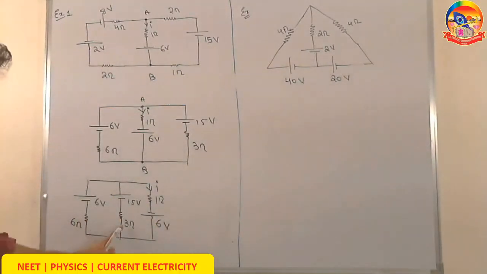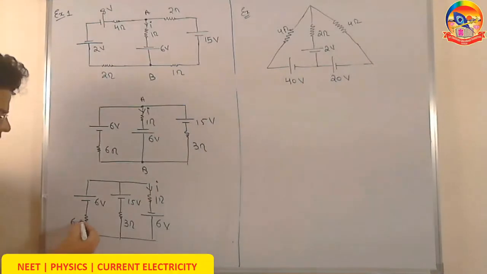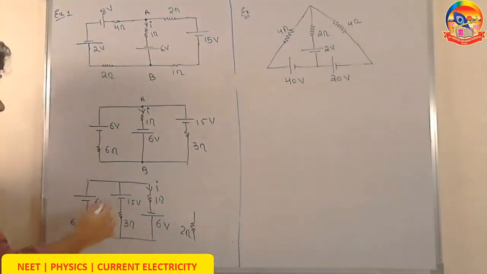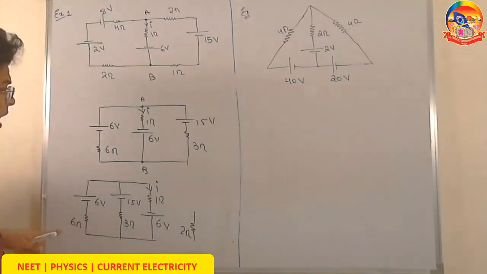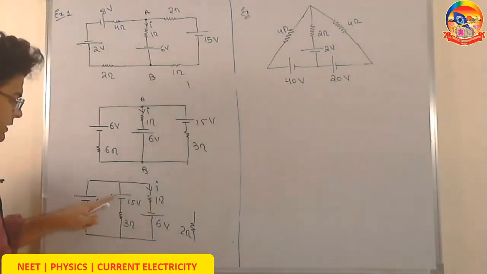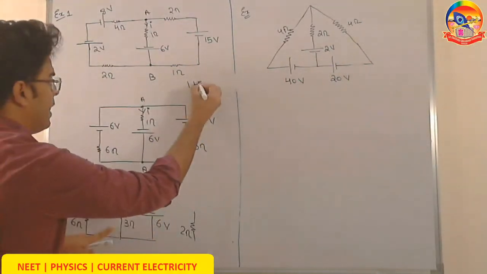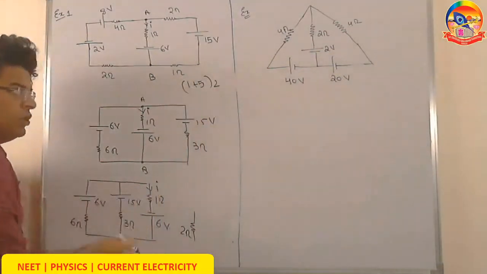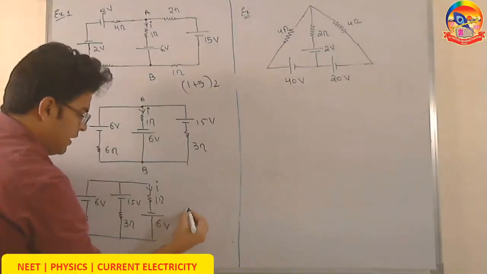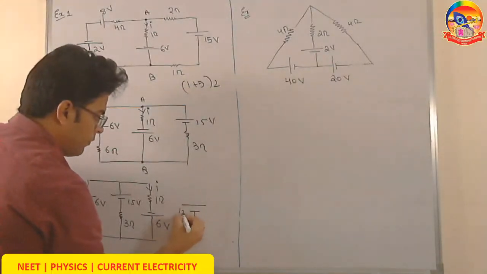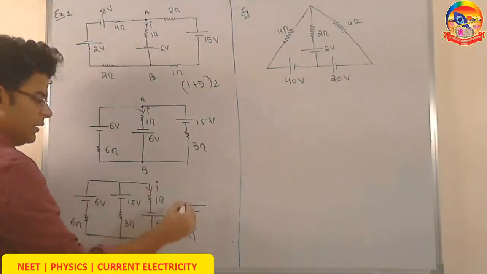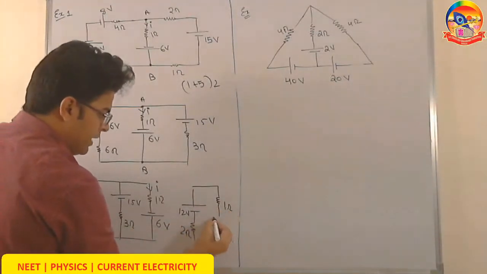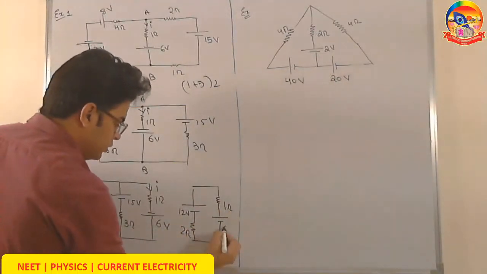Now you can combine these two. You know that the R equivalent will be just like resistance in parallel, 6 parallel 3 gives you resistance of 2 ohm. What will be the equivalent EMF? E1 by R1 plus E2 by R2, 5, into R equivalent, and the R equivalent comes out to be 2. So this is 6 into 2, that is 12. And you can create this line as it is. So 1 ohm and here a battery of 6 volt.